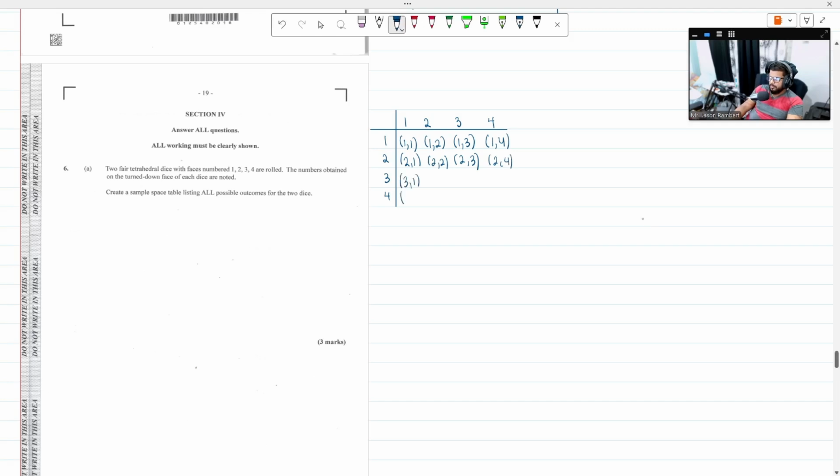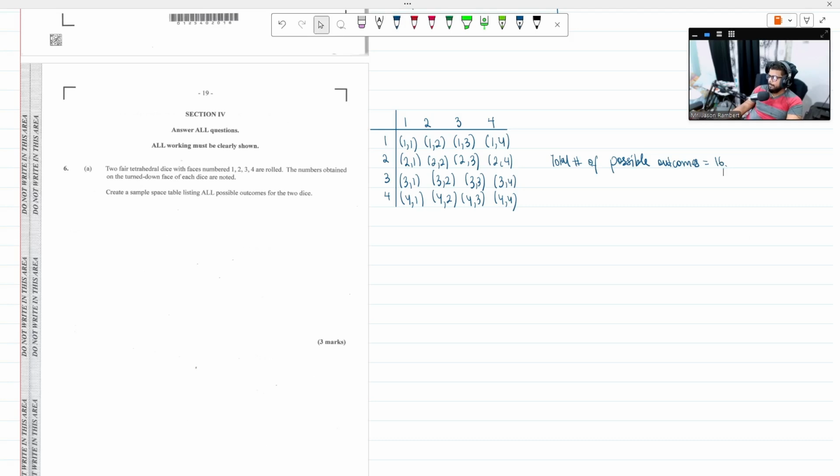3, 1. I'll put the 4, 1 here one time. 3, 2, 4, 2, 3, 3, 4, 3, 3, 4, and 4, 4. So I have 16. Total number of possible outcomes is 16, right? Total number of possible outcomes is equal to 16. Always write down the total number of possible outcomes when you're posed with a sample